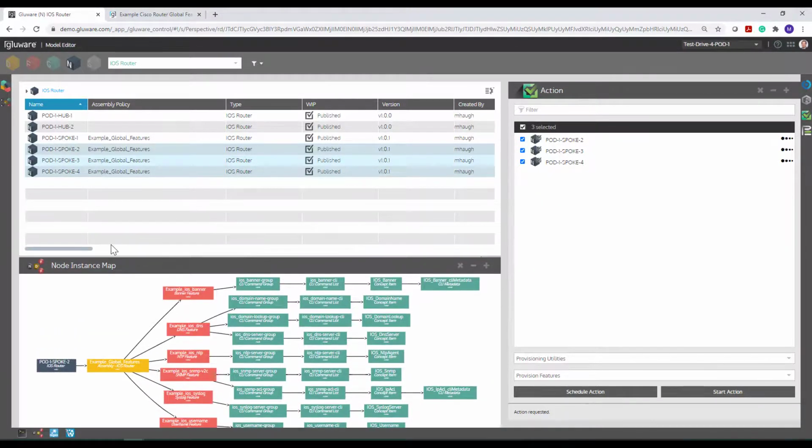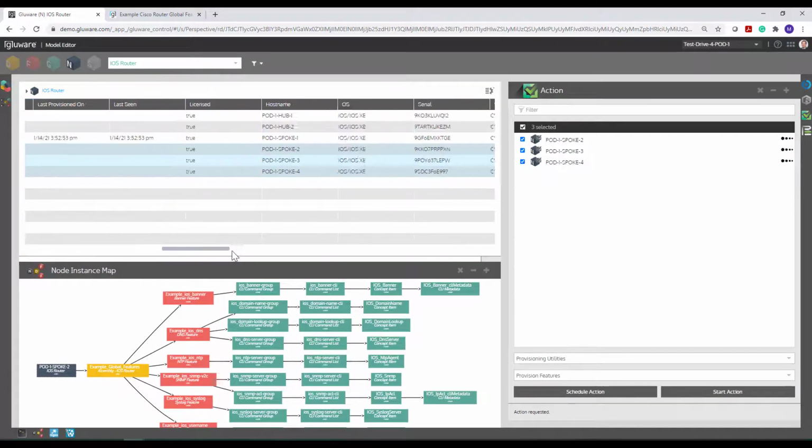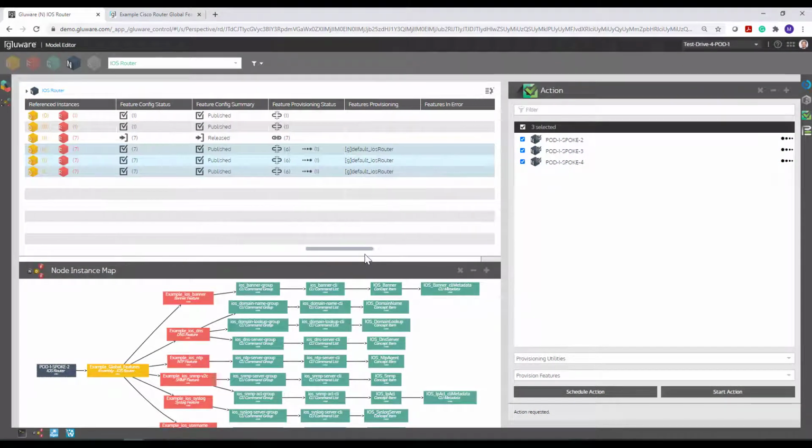And again, while it's running, if I'm not looking at a log, I like to look at the high level view here, where Gluware in parallel is going to go out and provision all these devices. So this is, again, an initial session to introduce you to config modeling, a fairly basic example where we're automating global features that are pretty straightforward, mostly static CLI, some variables that we're storing within Gluware and abstracting to a form. But this is really effective because when you think about